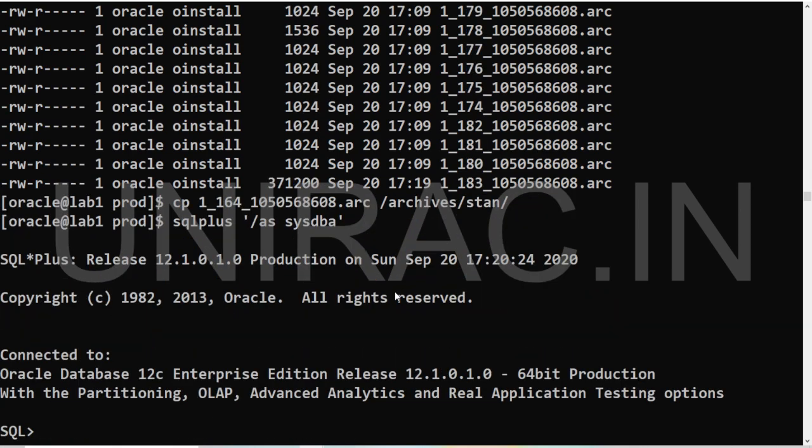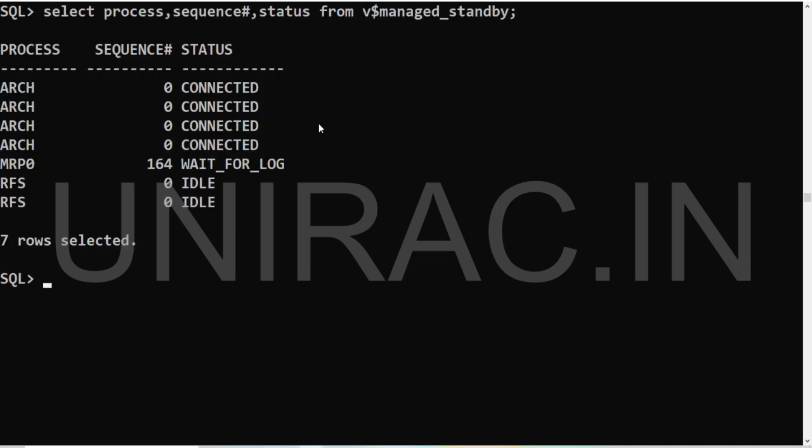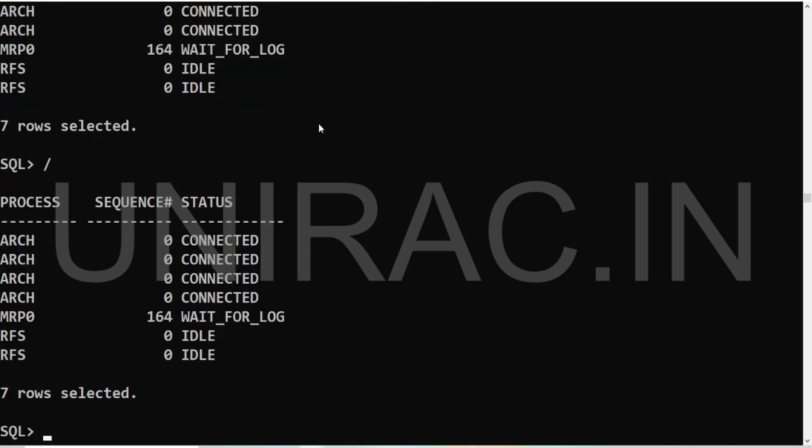You can check whether it's applying or not. So it's not taking the archive, even the one which we shipped.